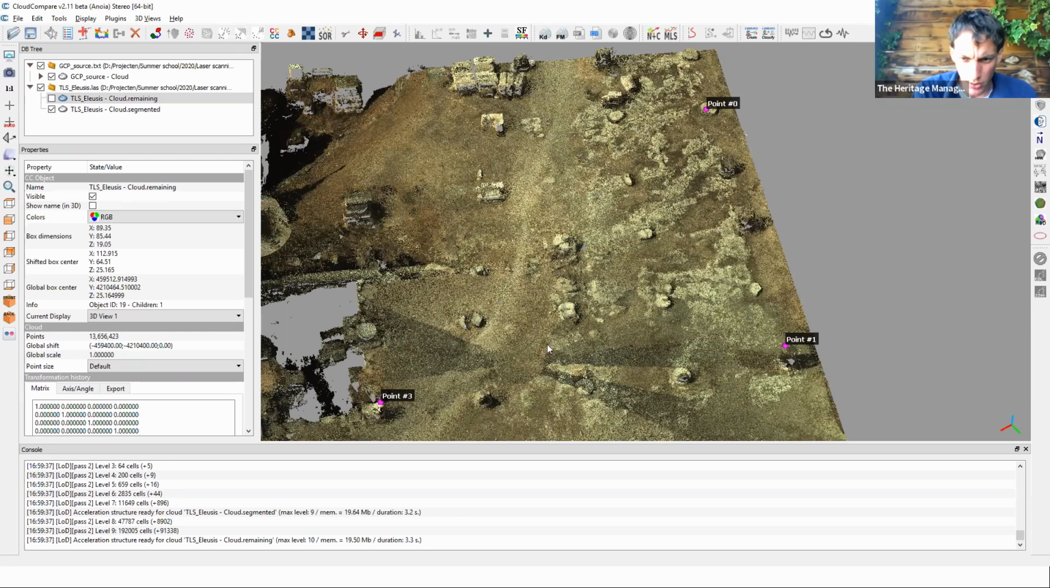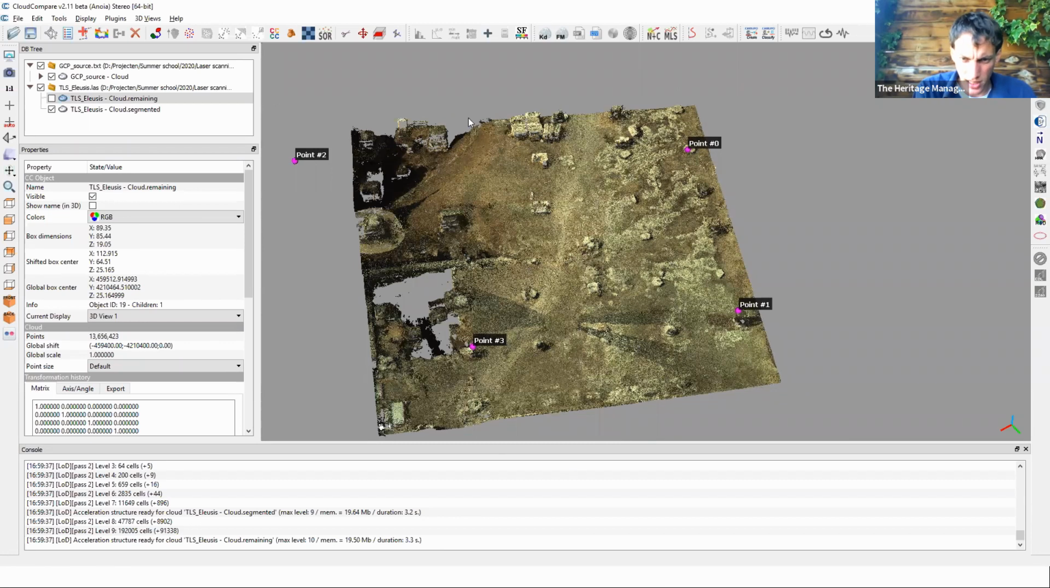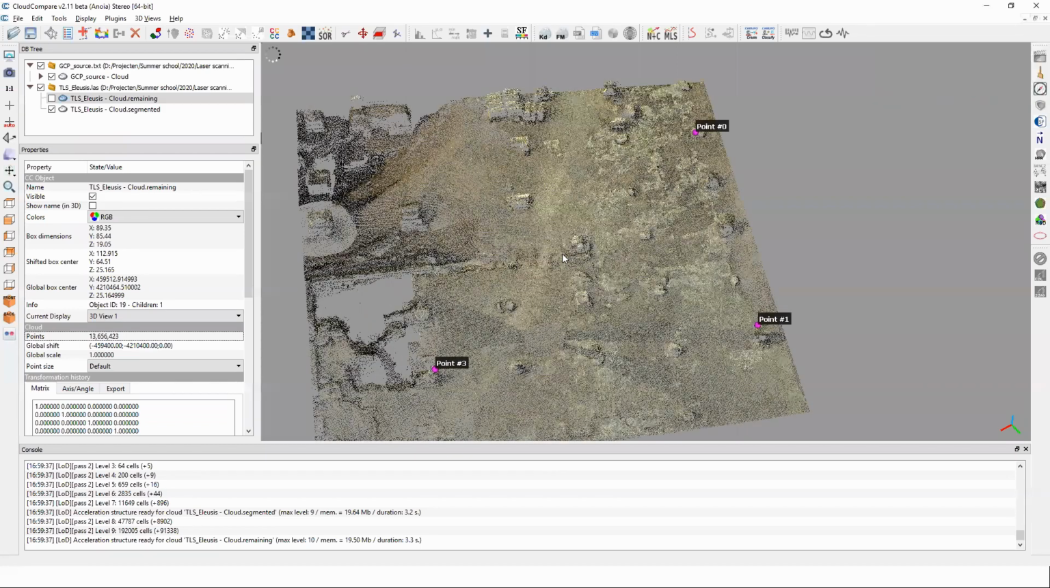Since we are talking about segmentation, I will just explain you a little bit more about data reduction as well. So if you say, okay, I have this area, I'm very interested in that area, but still I have 13 million points, and the processing goes very slow. So it's not very convenient to work in the software, and I don't need all this data because